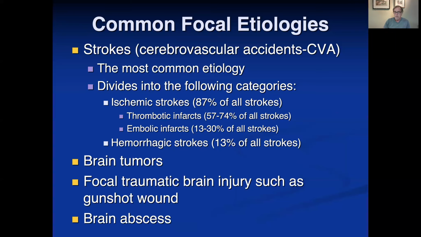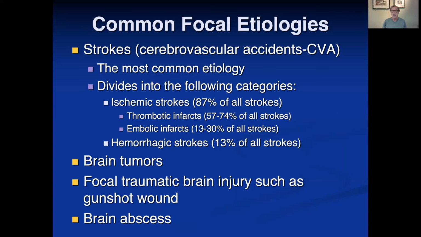Then brain tumors can cause focal etiologies. They can, by the way, also cause more diffuse dysfunction minimally by putting pressure in all directions. But oftentimes they start regionally and there is no particular pressure and you get focal signs, like a hemiparesis or whatever it might be. There can also be focal traumatic brain injury, such as in a gunshot wound. You can have any of the things that you've studied, a hemiparesis, a hemianopia, depends where the